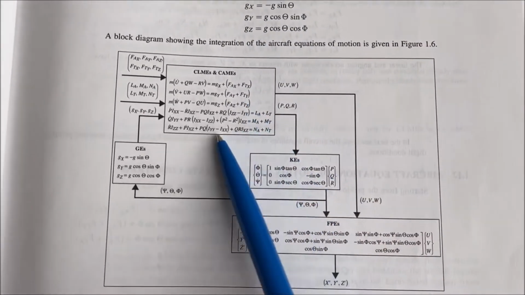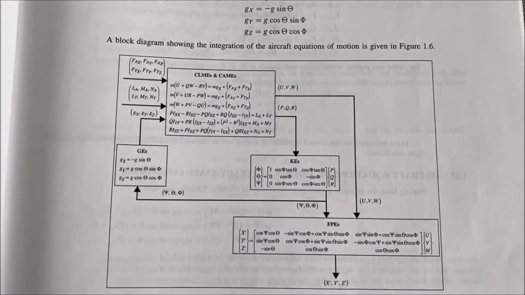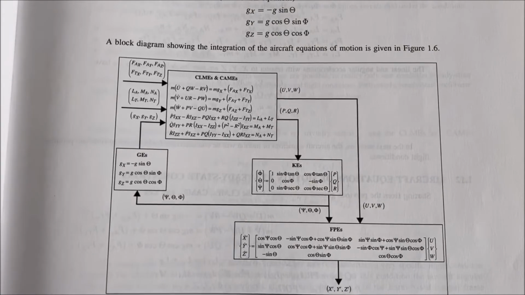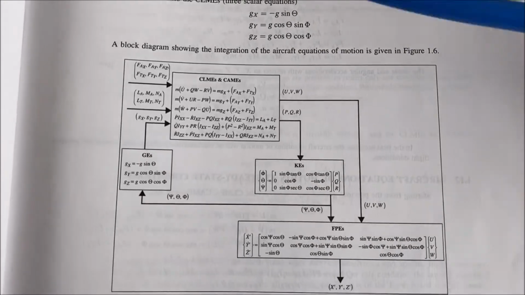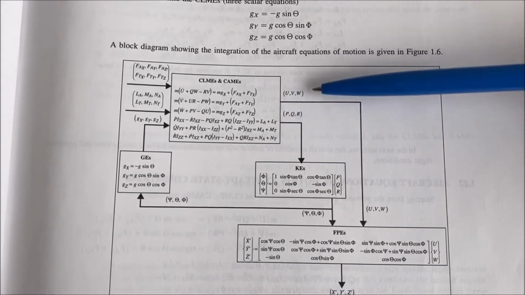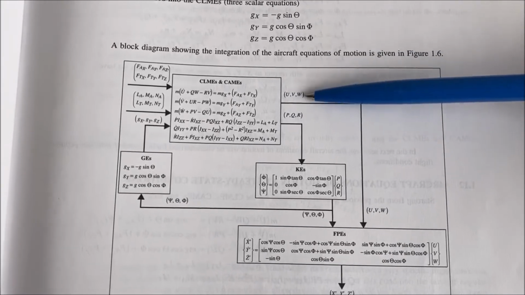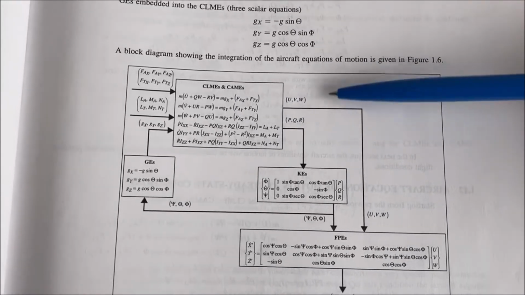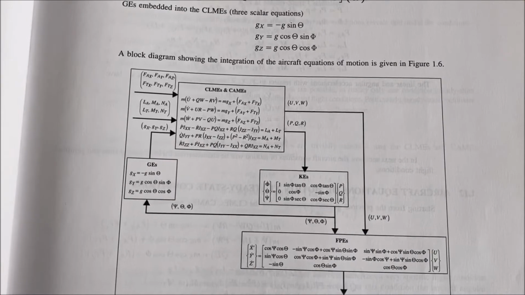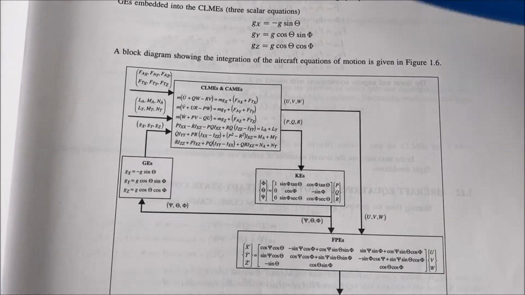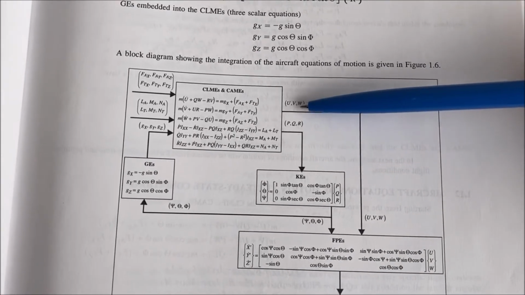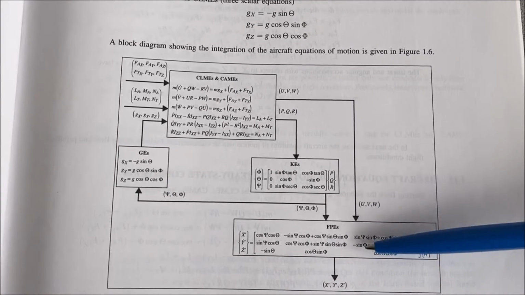Now remember, this set of 6 ordinary differential equations needs to be solved together, and we solve these 6 equations to give us 6 unknowns, namely the linear velocity vector and the angular velocity vector. Now, the linear velocity vector can go straight into the flight path equations,